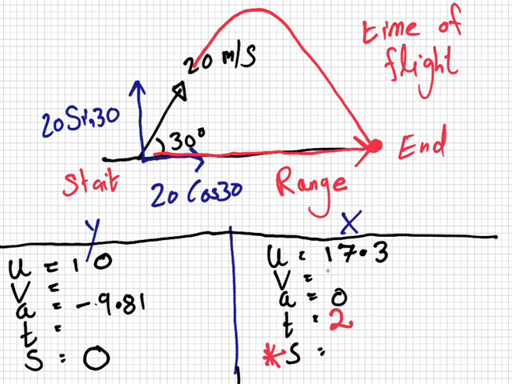24.20. Yep. Using which formula? UT plus a half AT squared. So it's 34.6 meters. It's just U times T. Yeah. The A is 0. And finally,